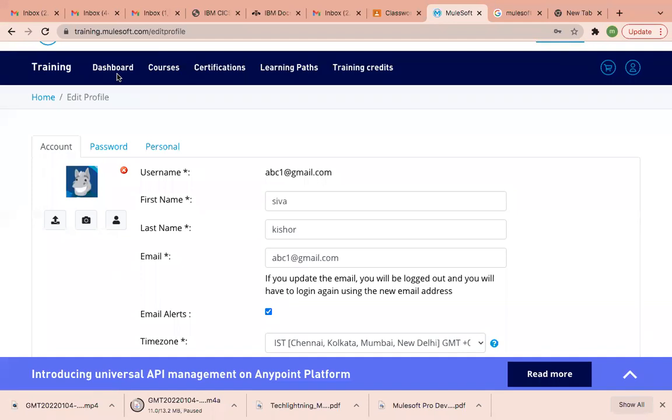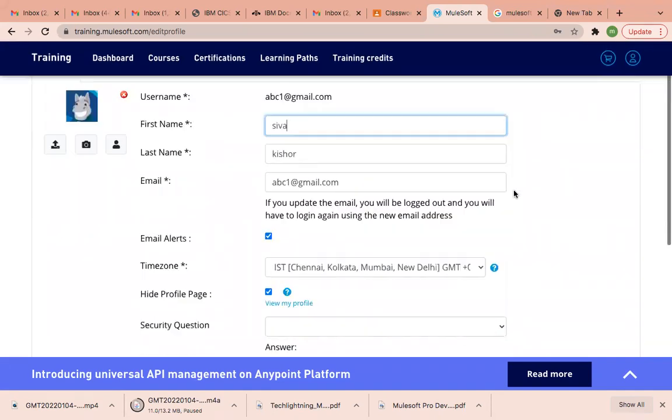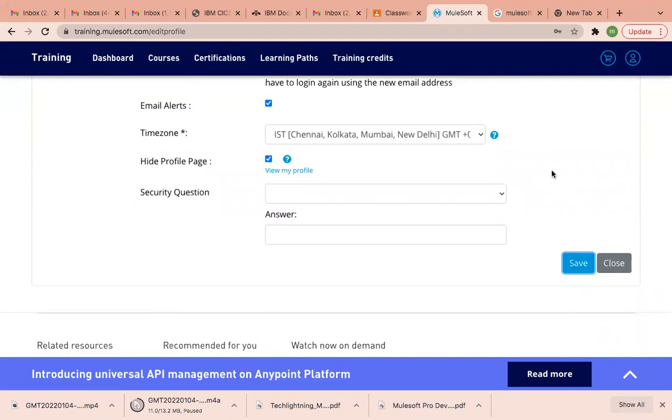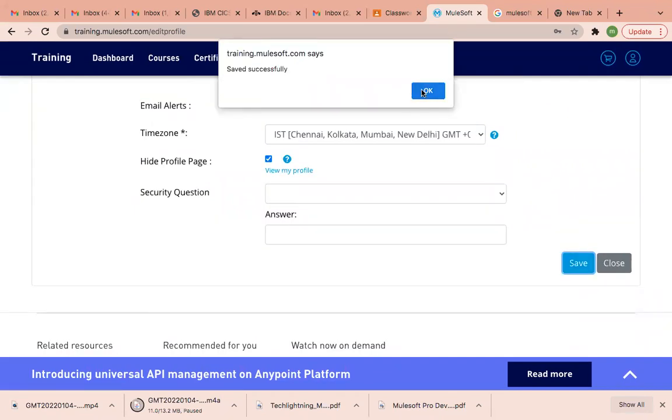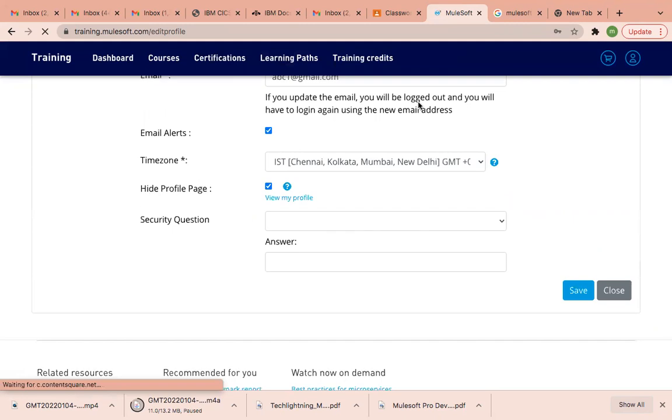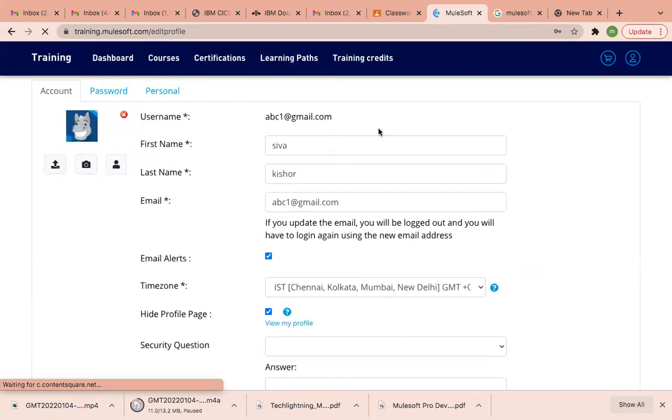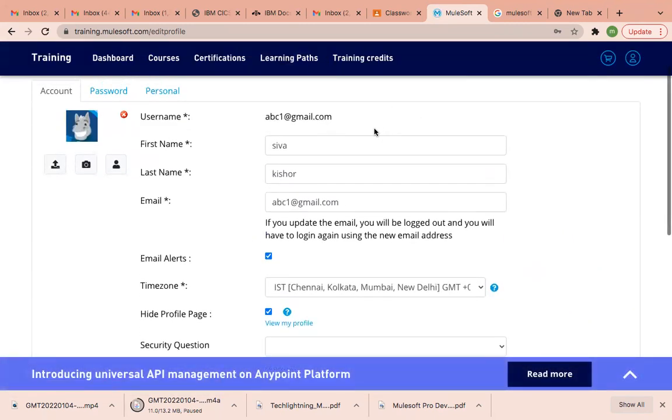Kishore, are you able to edit these fields like first name, last name? Yes, only you can do that. It was in the gray state before. Okay, I do think once we complete also, before going to exam, we can update all these things. Before exam, yeah. And I'm giving instructions because you don't want to lose the voucher. I already faced these issues, so that's why I'm explaining to you guys.